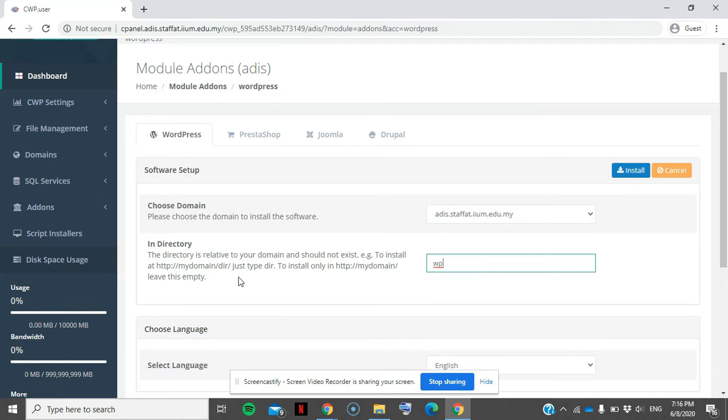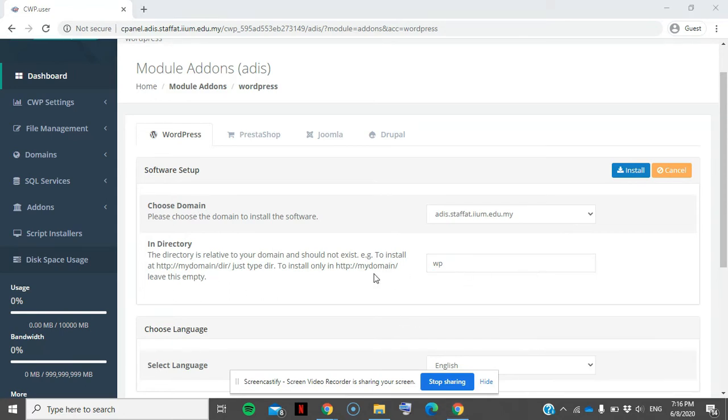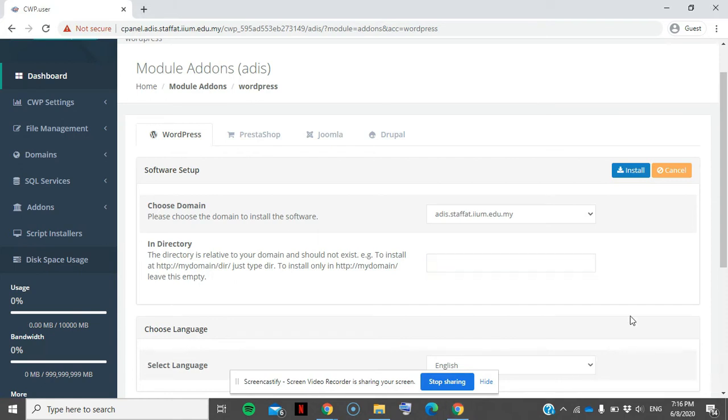For example, if you want to install in adis.staff.mw.my/wp or directory or any of your names, you can put it. If you don't want, you want to install it in your current domain, just move here. Okay,